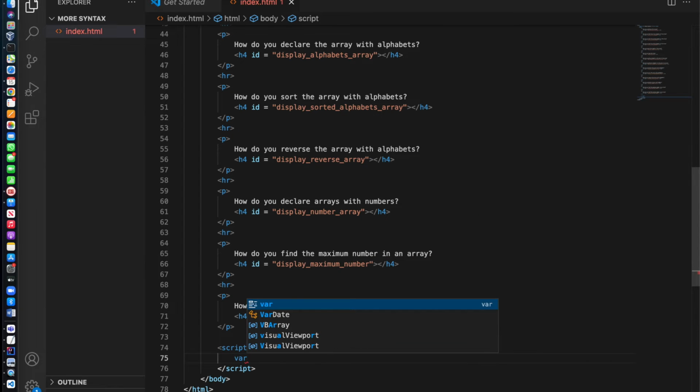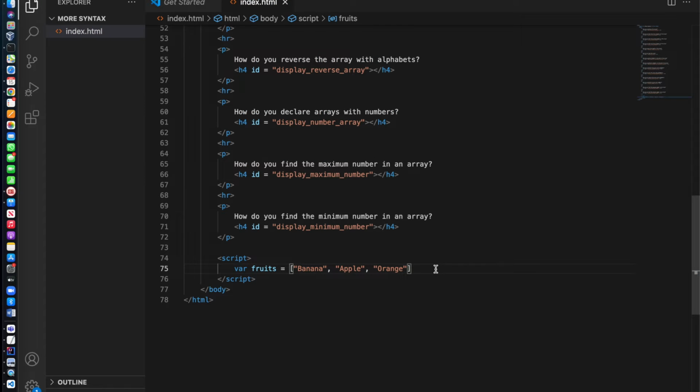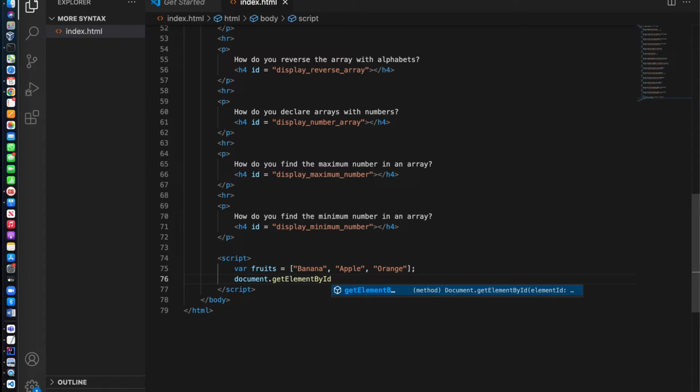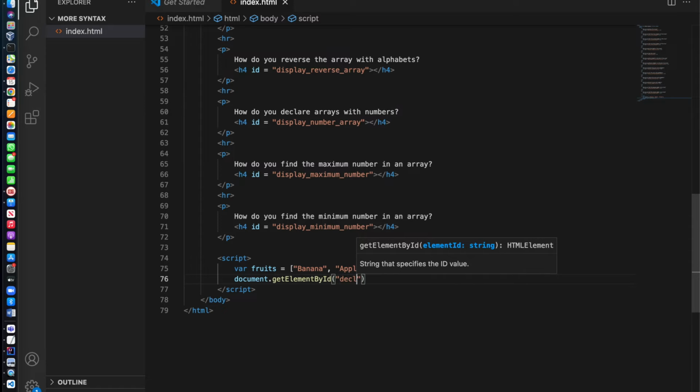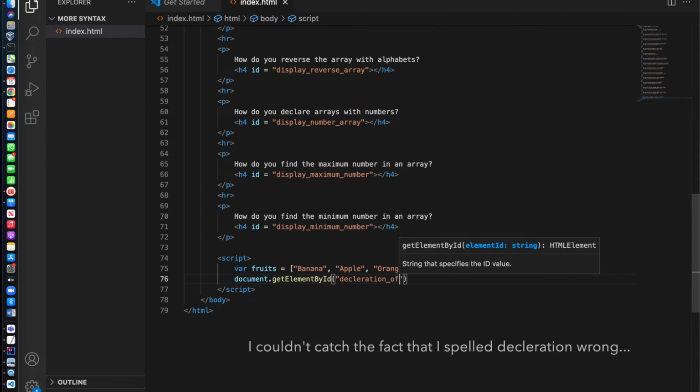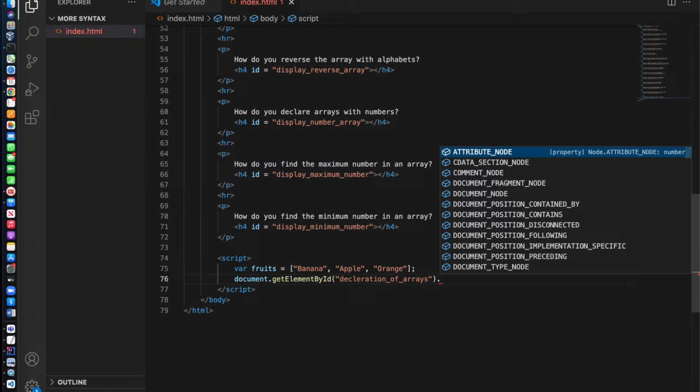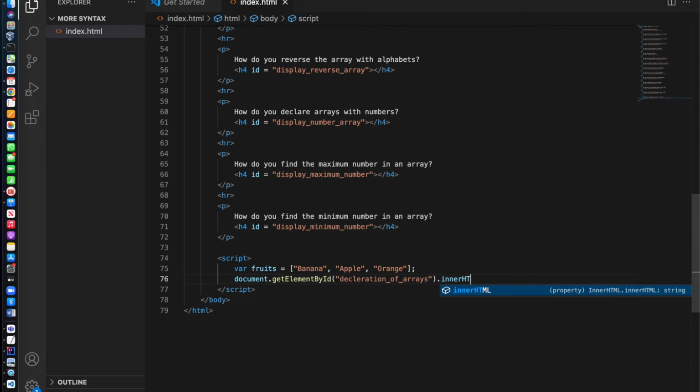So var fruits equal to banana, apple, orange, like anyone. Then let's make a semicolon. Next one. Now document dot getElementById as declaration of arrays dot innerHTML equals